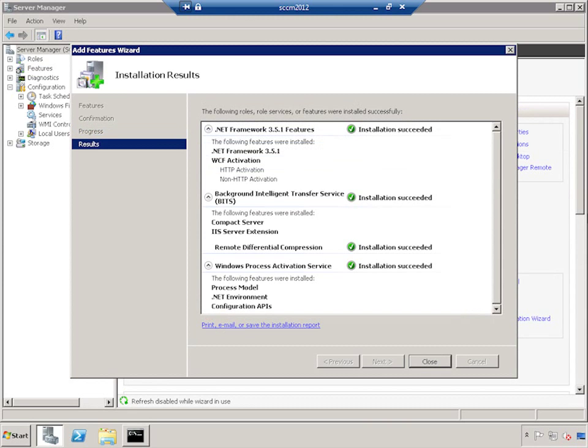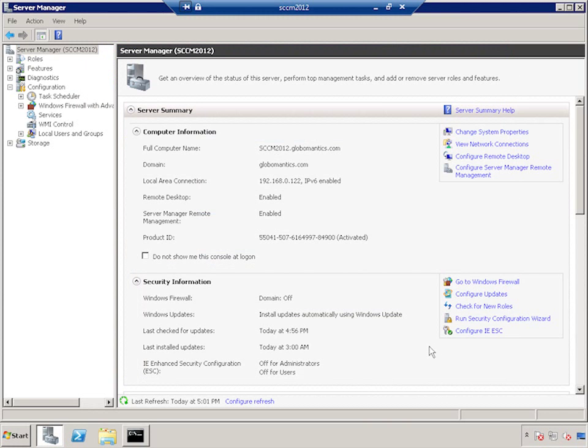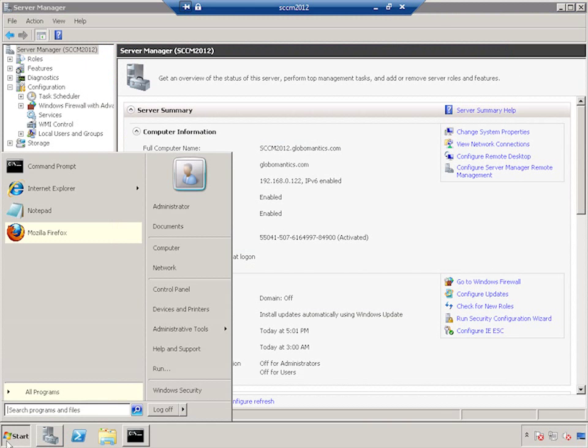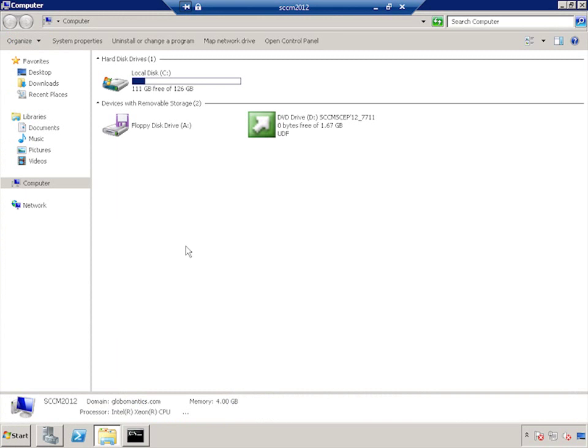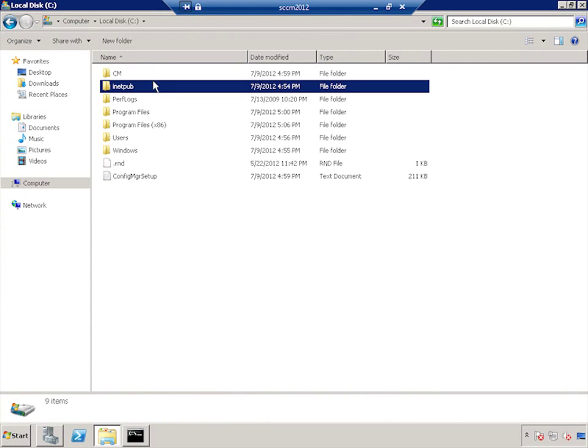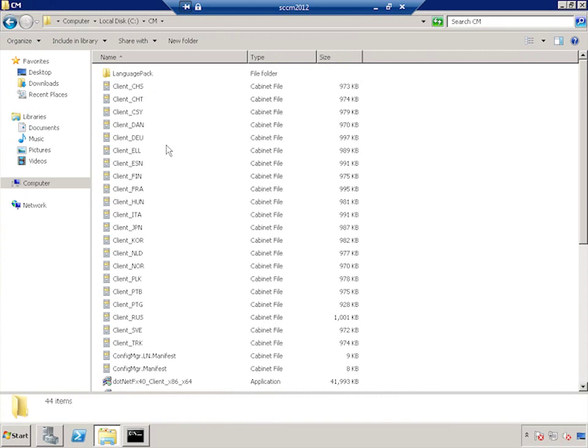And once again, we have full success, everything installed exactly as it's supposed to. So, things are going well on our journey to getting Configuration Manager up and running. Now, if you want to see what was downloaded as a part of that setupdl.exe tool, well, let's go to the CM folder that I created over here, and you're going to see a